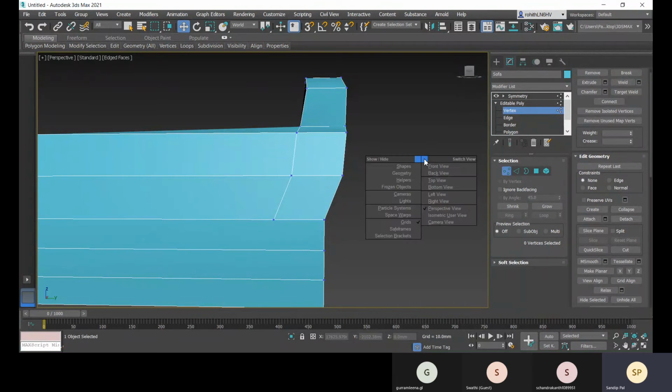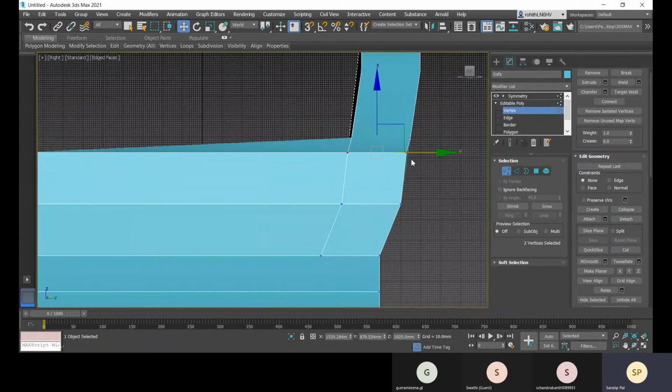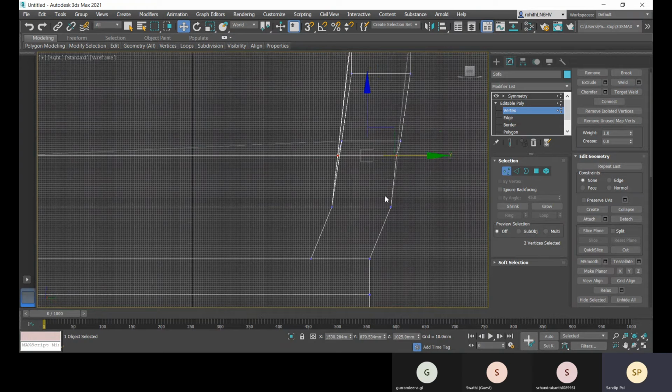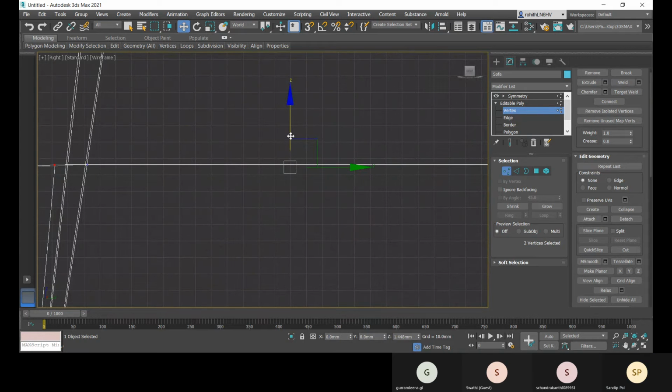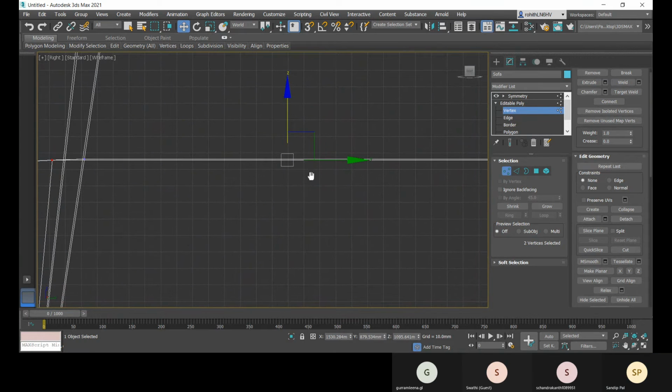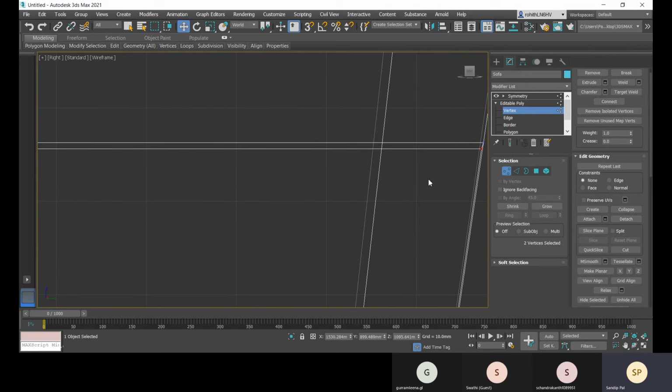And to the right view. Let me select these two. Go to F3. Let me move these two up.